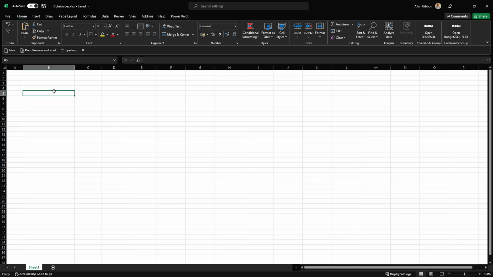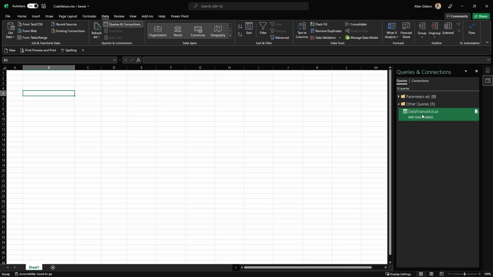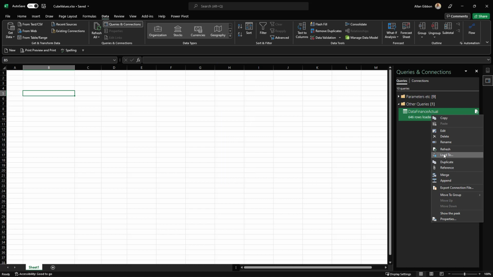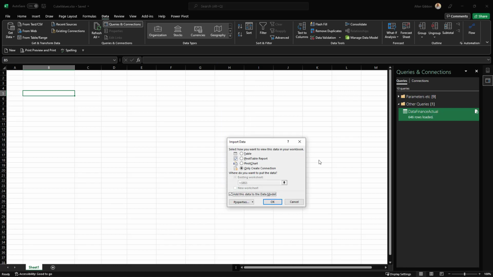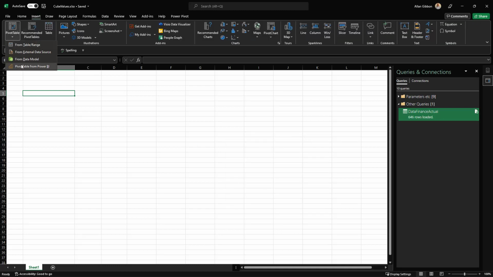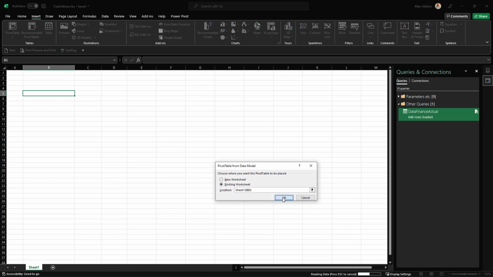So what we normally do is we connect to external data, or we copy paste in, etc. In this example, I have a data set which is coming from SQL, and I have chosen to load it using Power Query, to load it to a connection and to add it to the data model. And what that then does for me is it loads all the transactions into the data model, and I can run reports on it. So if I go insert and I go pivot table from data model,